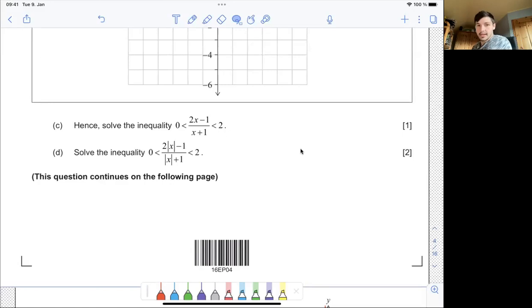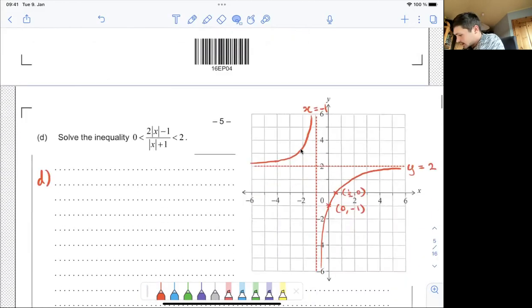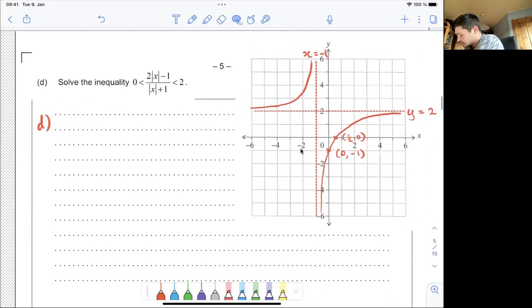Okay, on to part D. Solve the inequality, this inequality here. And so we'll come down, and I've copied it down here, and I've also brought our graph. And it's quite easy to overthink this one, because it probably looks more complicated than it really is. So what we're going to think is, if we have